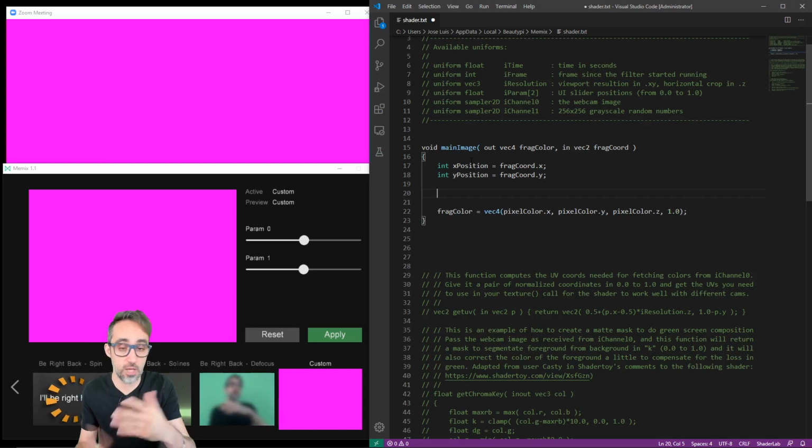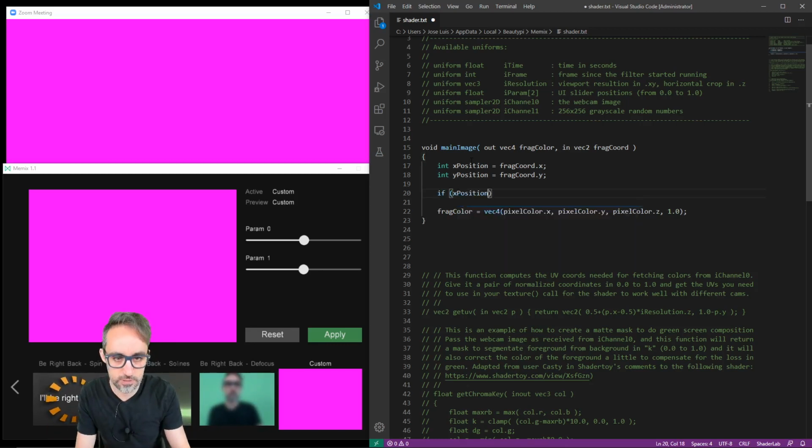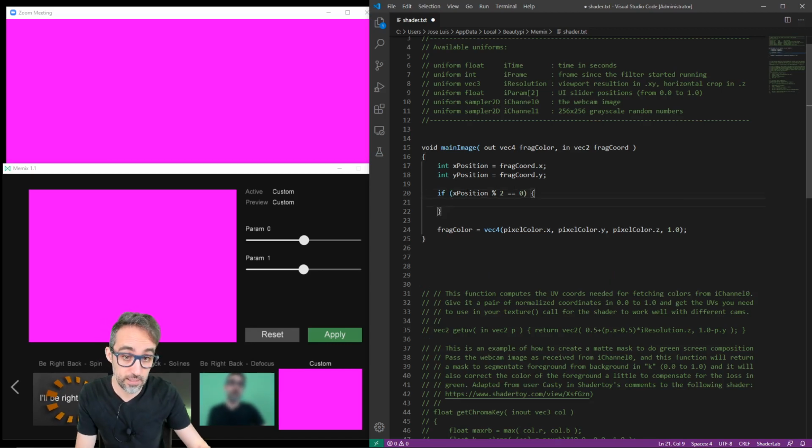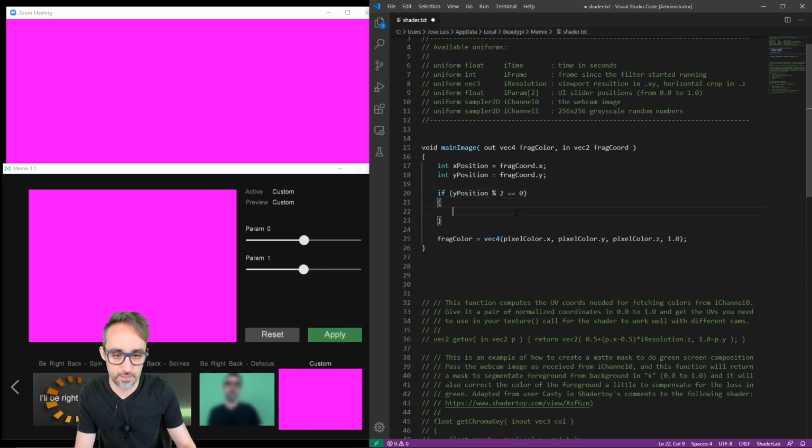So I can say if y position modulus 2 equals 0, so if this pixel is even in y position, then